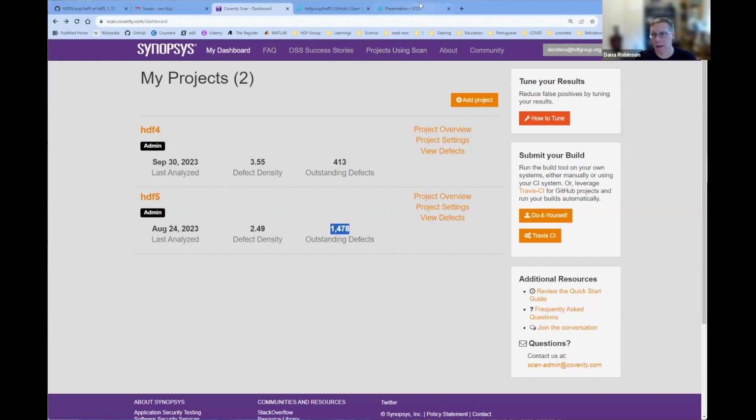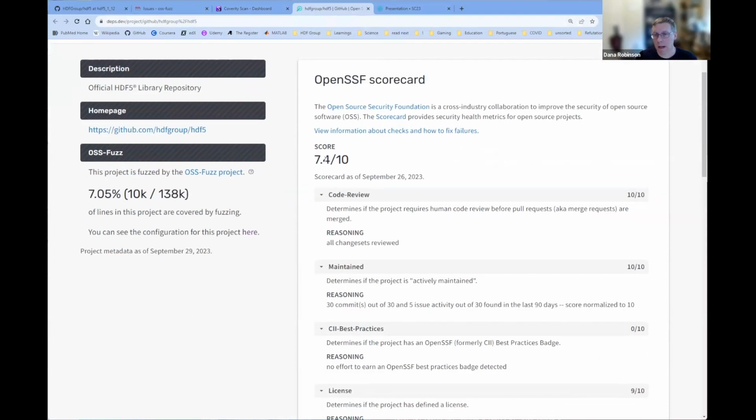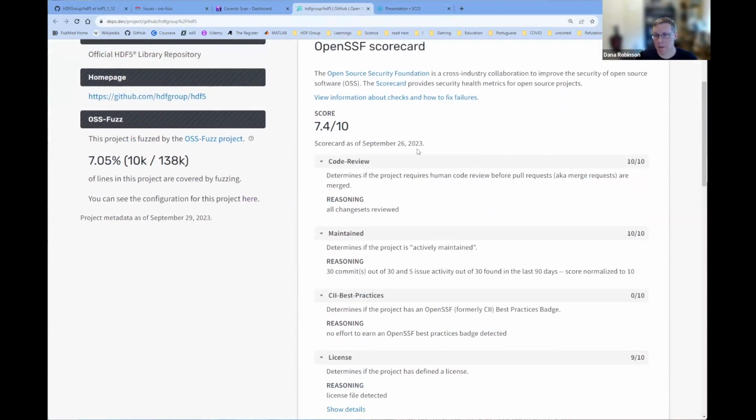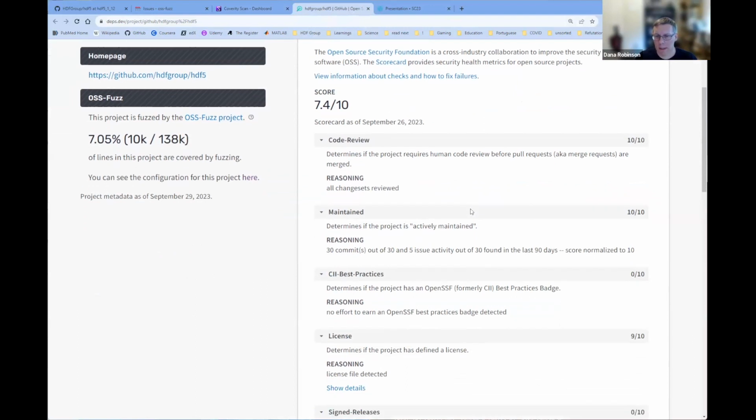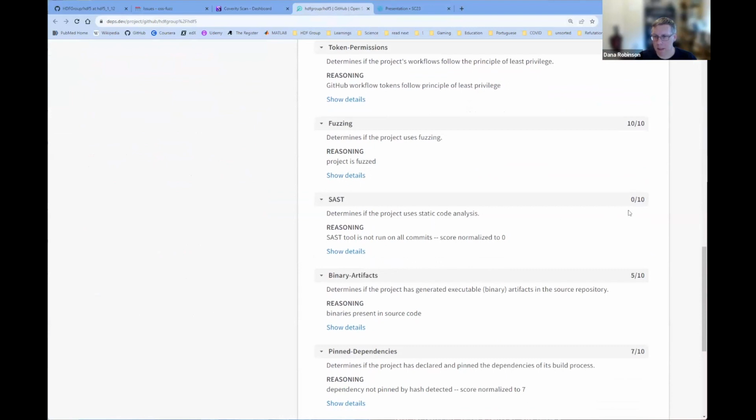Another thing that somebody pointed me to was the OpenSSF Scorecard. We actually do okay. This is a very recent one. Most of what it's complaining about is that we don't have static code analysis set up to run on all commits. I can try and set this up.